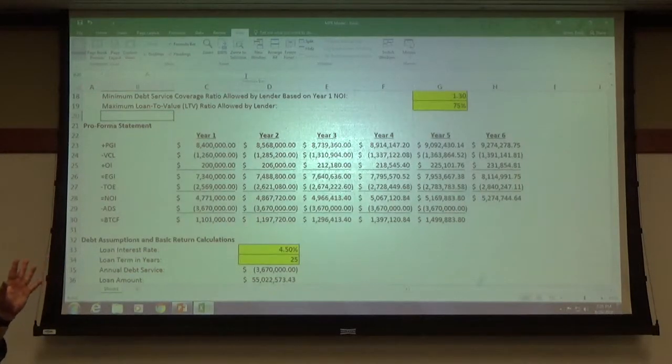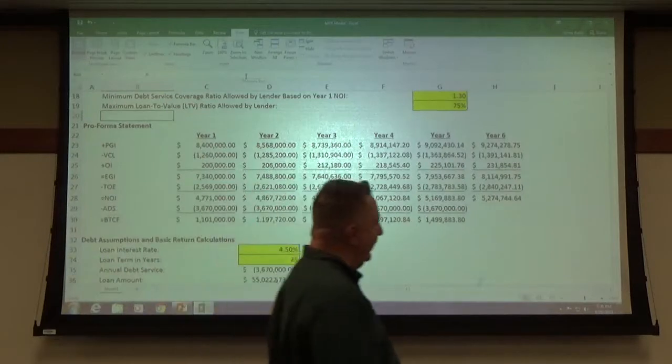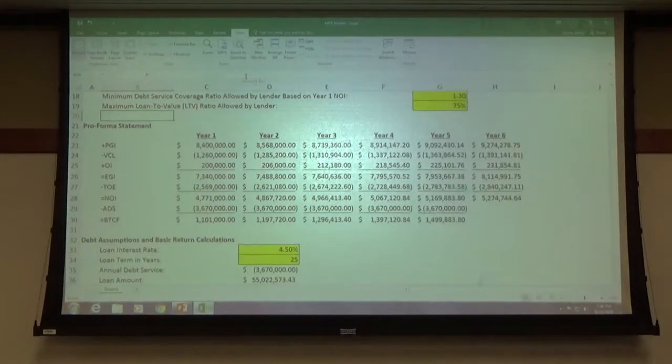But they're saying, we're not going to allow you to get that large of a mortgage payment. We are going to basically haircut that. And in this case, the haircut is this debt service coverage ratio. And so the haircut that they're imposing, if you can do the simple math, is a 30% haircut.